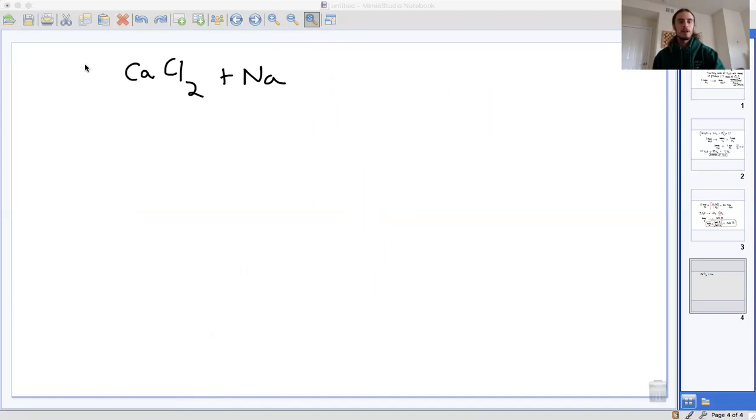Makes sodium chloride plus calcium. So this is a single replacement reaction. Now to balance this equation, I need a 2 here and a 2 there. Okay, and the question was,